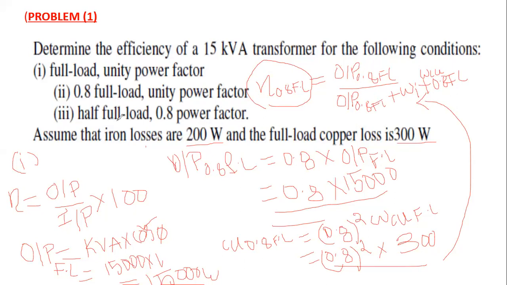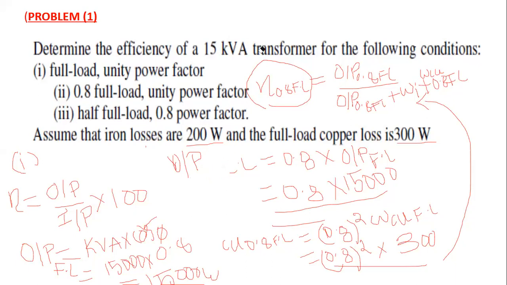That is half full load. That means half load. At half full load, what is the power factor? That is 0.8. In this case, we are using cos phi equal to 0.8 when determining the output. Therefore, cos phi is equal to 0.8 into 1500. Next, we calculate the output at half load.